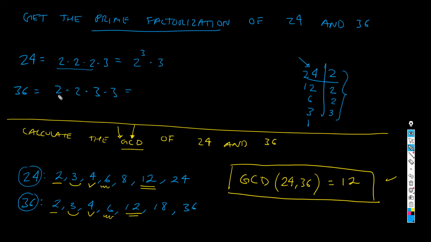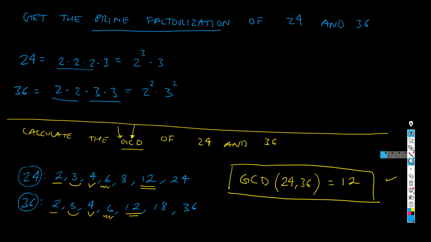Now let's do the same here. 2 times 2, that's equal to 2 to the 2. And 3 times 3, that's equal to 3 to the 2. Okay, this is what you want to do next after the prime factorization. Okay, and finally, the end of the method is the following. I'm gonna do it in yellow. Okay, look, the next and final